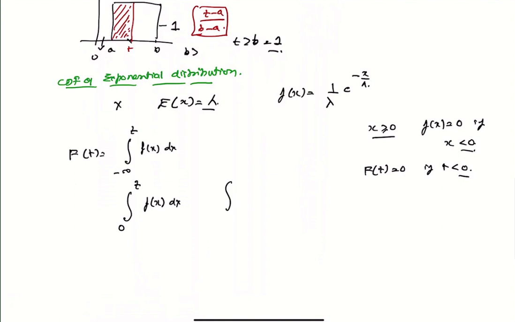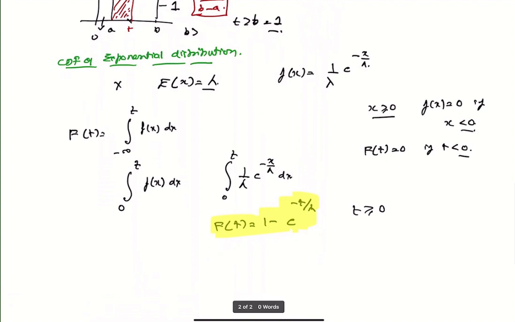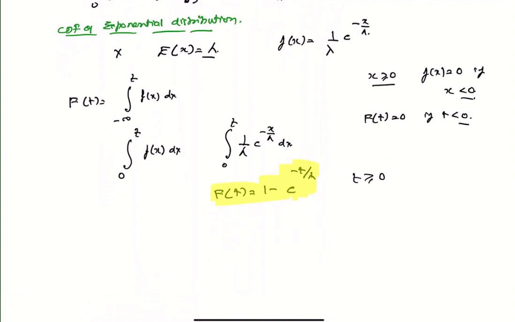And that can be written as the integral from 0 to t of 1 upon lambda e to the power minus x upon lambda dx, and that you can integrate very easily, and it will come out to be F of t is equal to 1 minus e to the power minus t over lambda for t more than or equal to 0. So this is the CDF of the